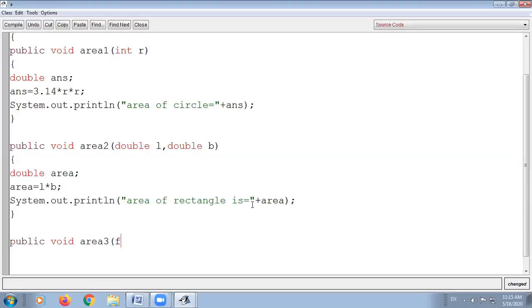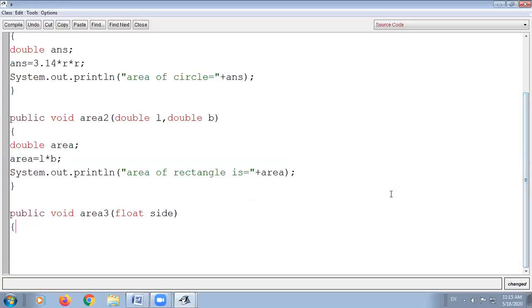Now it will accept a float value, so the formal parameter you will write is float side. For storing the float value you will require a float variable, or you can take a double value also, but if an error comes, then you have to do the typecasting. So for accepting the float value we will take the result variable also as float. I am taking the result variable as res, that is the variable name for the result.